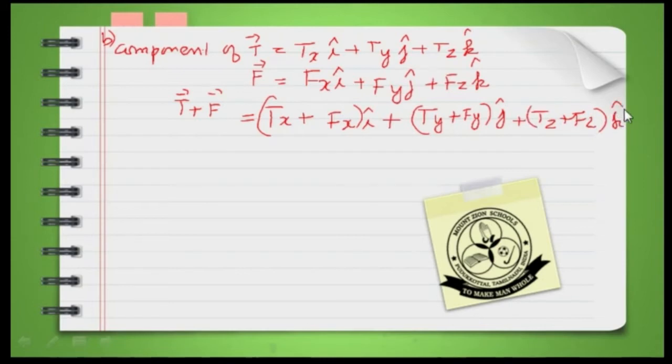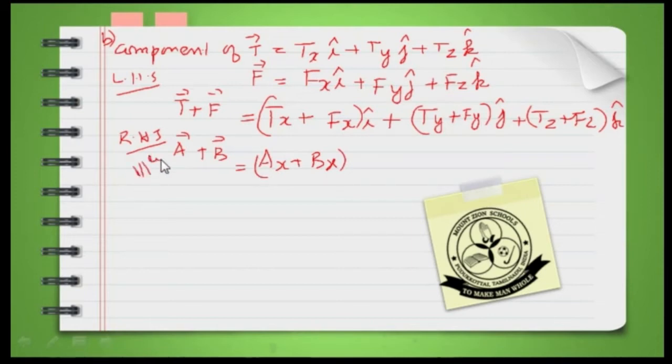Now, shall we write components for the right hand side? If you take this as the left hand side, let us find out the right hand side, that is A vector plus B vector. Now, shall I write straight? In comparing the components, we get Ax plus Bx, the same way.